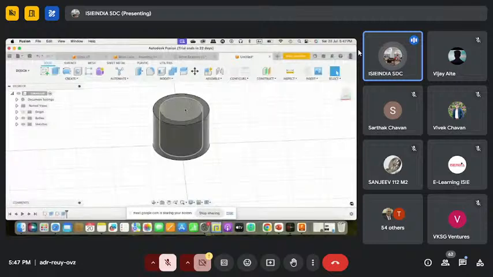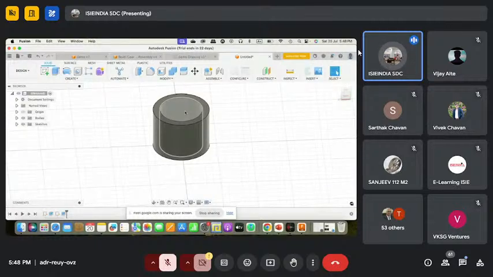Then we would require some sort of threading here, because obviously the lug nut in the vehicles will get fastened in. If we use it just like this, it will stay there, but it will move because it is a very plain structure. To make it more rigid, to keep it there, we can